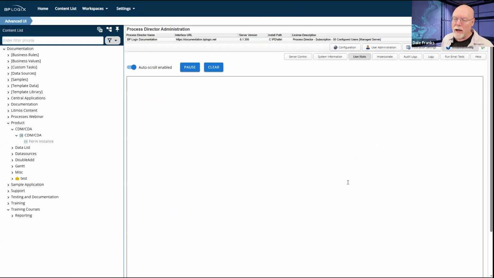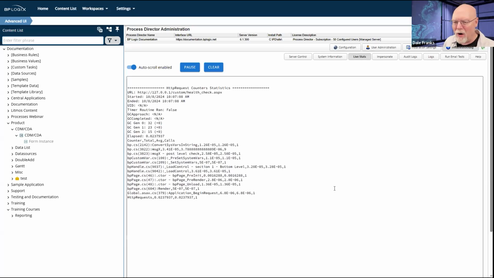When you click on it, it will be empty at first. We're going to have to wait a couple of seconds for the live stats to invoke because they sort of run on a recurring basis. But once they start, we should be able to see them pop up here and start scrolling down. I was hoping that they would start faster, but finally, here they come in.